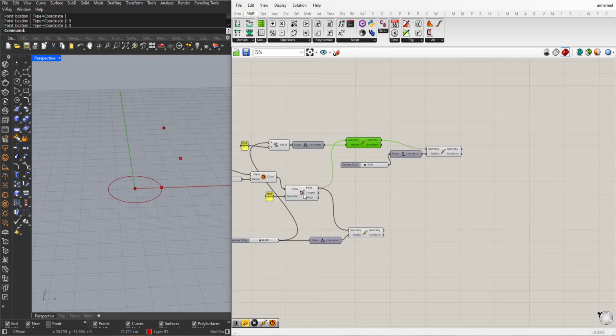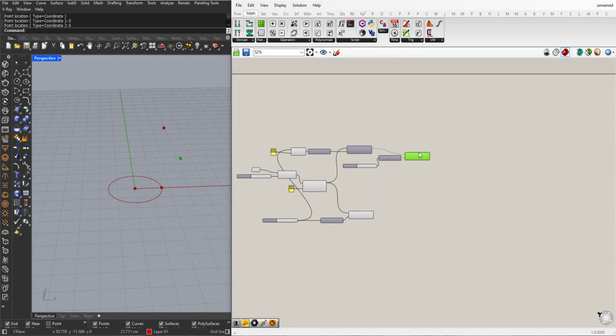So now I have the starting point, the top, the middle. Now I can create the arc